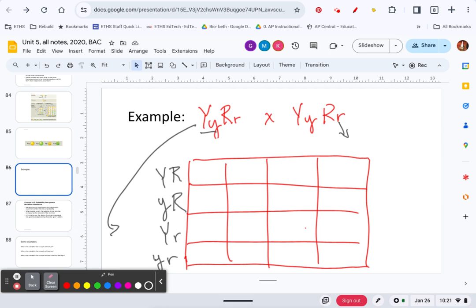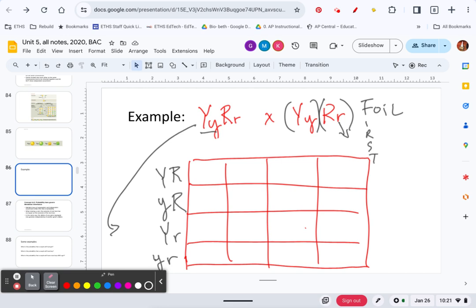When you have 2 letters like that, for 2 traits, you're going to have a total of 4 possibilities. Now, that's one way of doing it. The other way, for you mathy people, gets exactly the same thing. If you're not a mathy person, you can ignore this. Anybody remember FOIL? Okay. So FOIL refers to